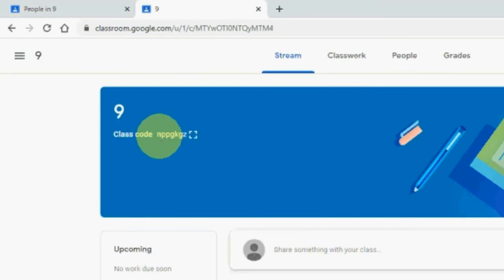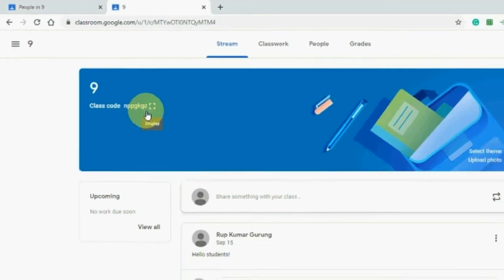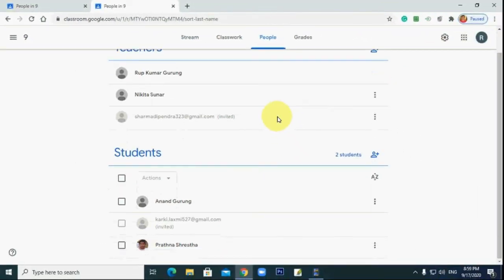There are 6 characters in this class code. Either you, as a class teacher, can send it, or your friend also can supply this class code. After you receive this class code by any means, that can be by directly calling or by giving it through SMS or by any means, or you give this class code into the chat room. Let's say now in the case of, for example, Karki Lakshmi,